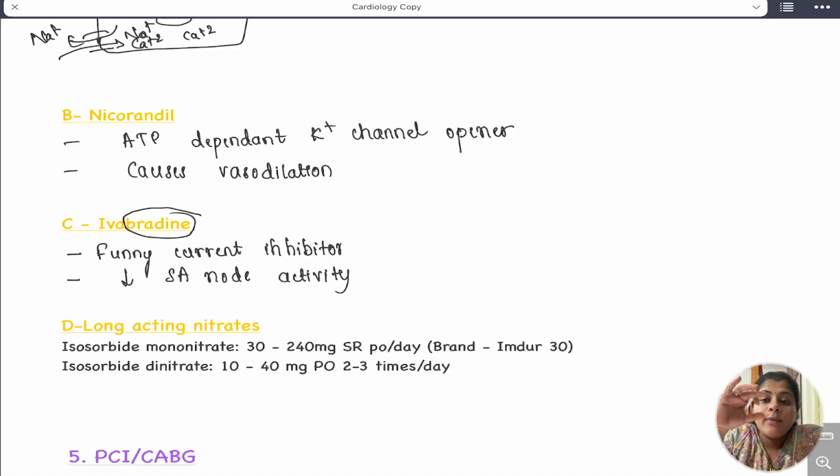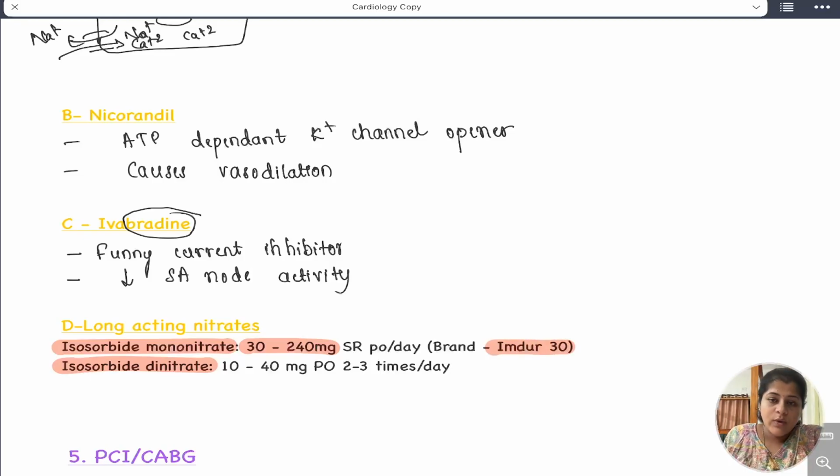Apart from that, to abort anginal attacks, we are using nitroglycerin. Here we are using long-acting nitrates. So you can use isosorbide mononitrate or isosorbide dinitrate. Mechanism of action is the same. Only difference is the duration of action. Isosorbide mononitrate, you can give as SR preparation, sustained release, 30 to 240 mg per oral per day. If you see an angina patient's case sheets, you can find one very common brand, Imdur